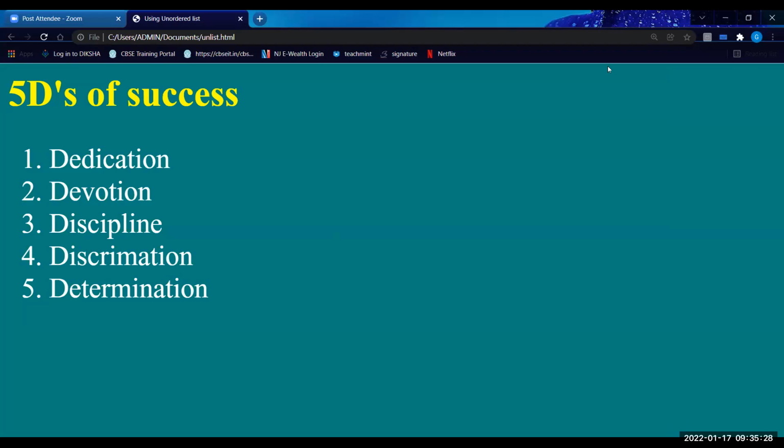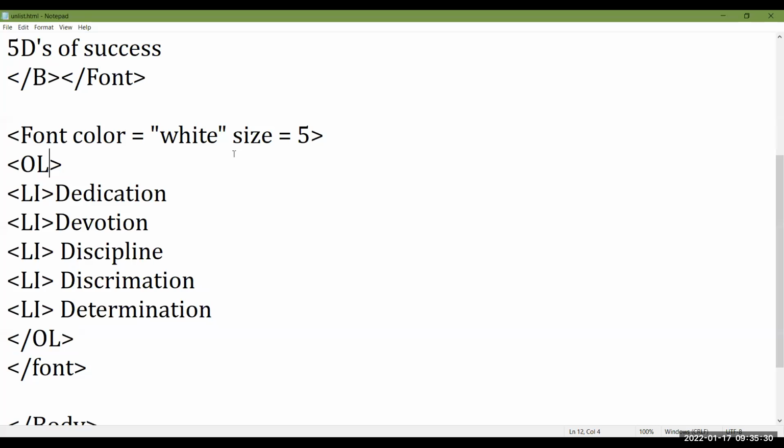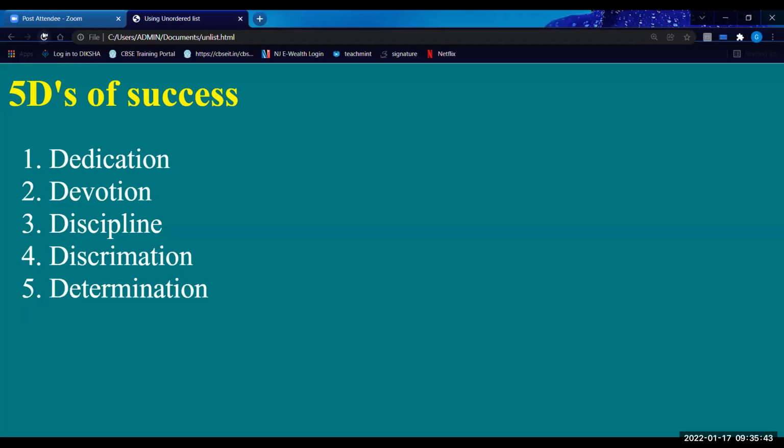Okay, now if we are using type equals to capital A. Now I'm saving it. Go to the browser window, refresh it.